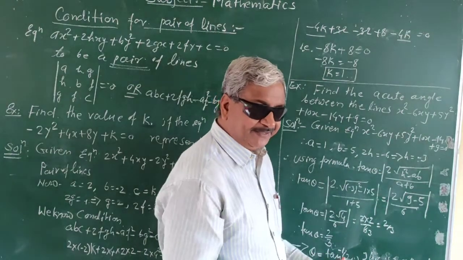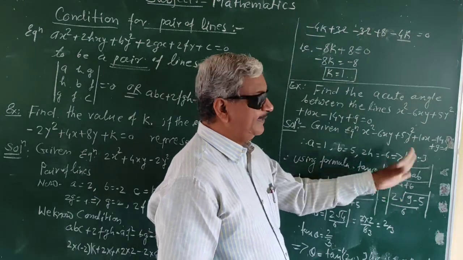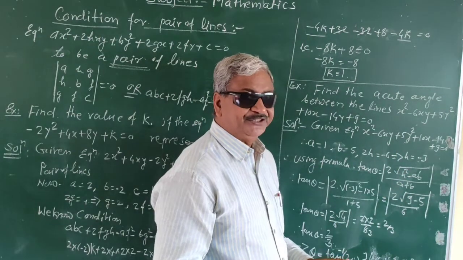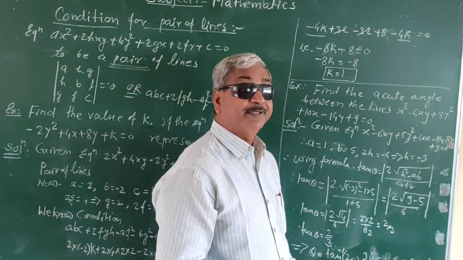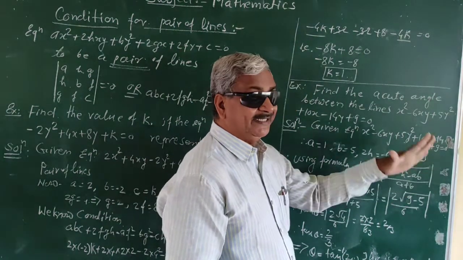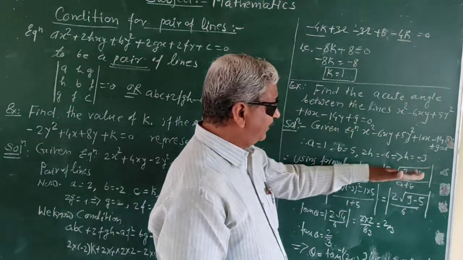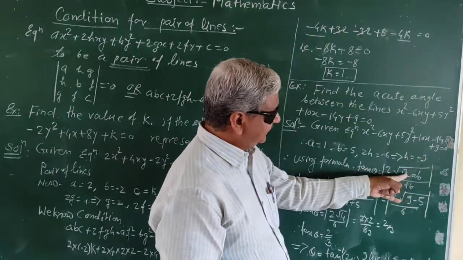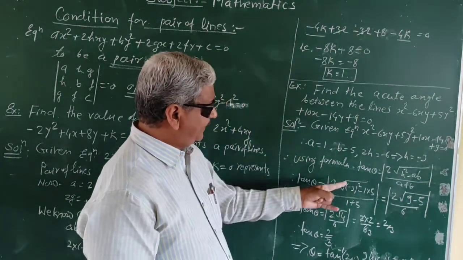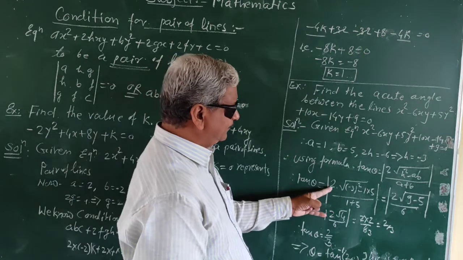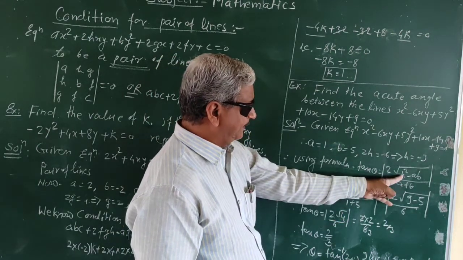That we have seen in the last period, because we know that H square minus AB is equal to 0, that is the condition for the parallel lines. A plus B is equal to 0 represents the condition for perpendicular lines. H square minus AB is not equal to 0, it represents the intersecting lines. All these conditions are seen about the H square minus AB and A plus B. So here we apply this formula, so we put the value, that is H is minus 3, so this we put the value in this formula.